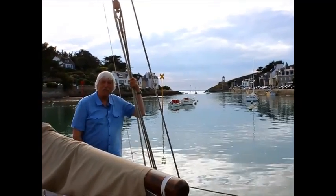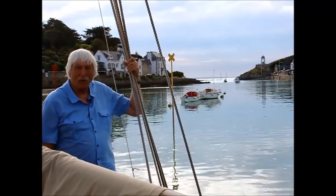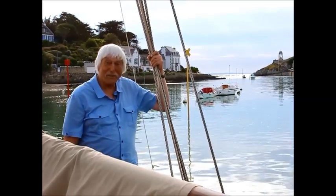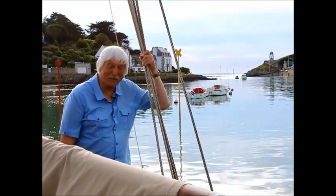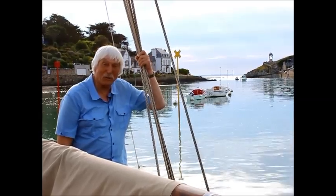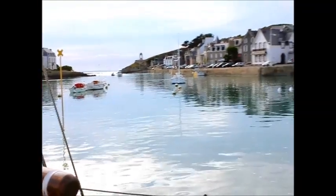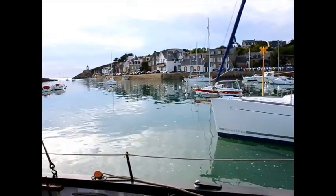Well, back again 4 hours later, and look at the difference. The tide's up, boats are moving, and the place has come alive. It is a most remarkable thing to feel the breathing of the planet like this, and you get it here like nowhere else in the world. This is my neighbour just going out to sea here. He's going to slide through the gap in the sill and he'll be off out to the entrance,